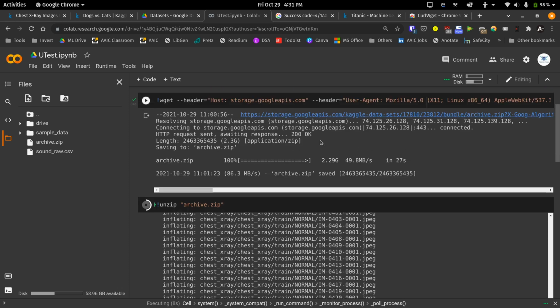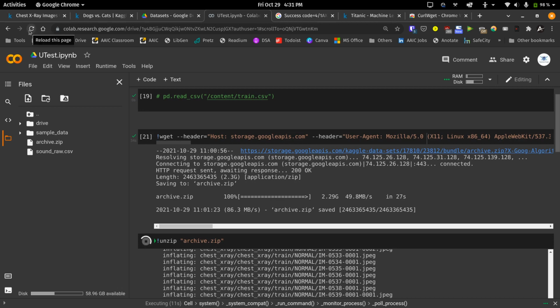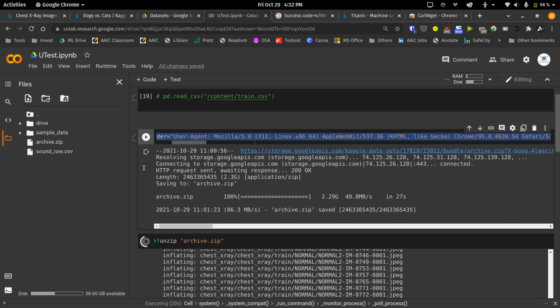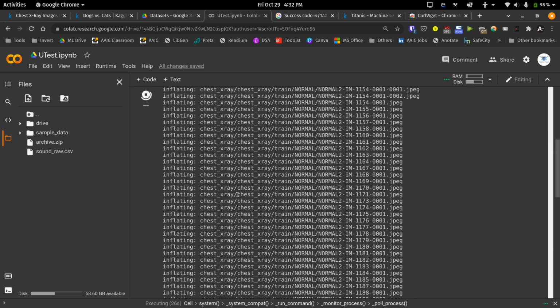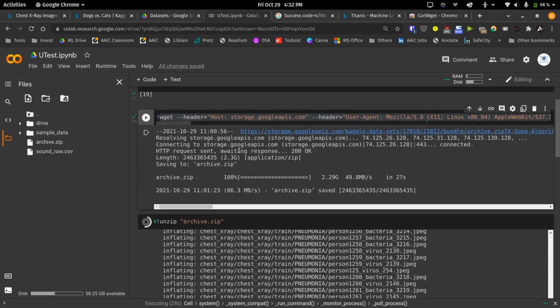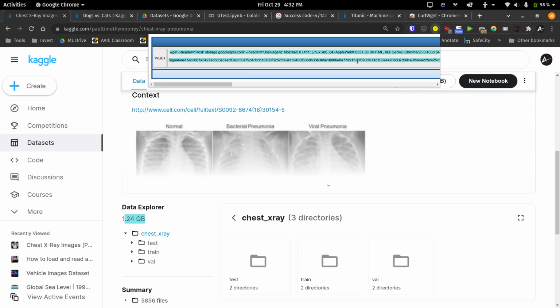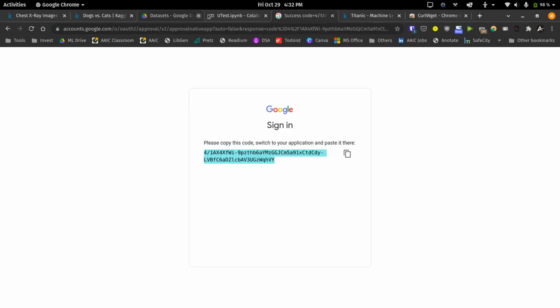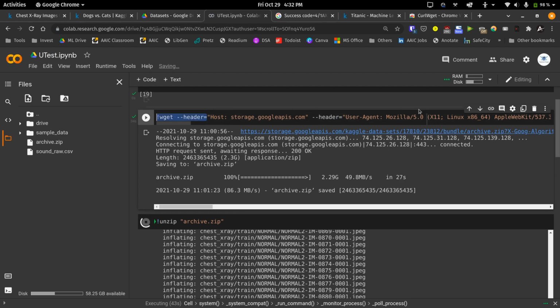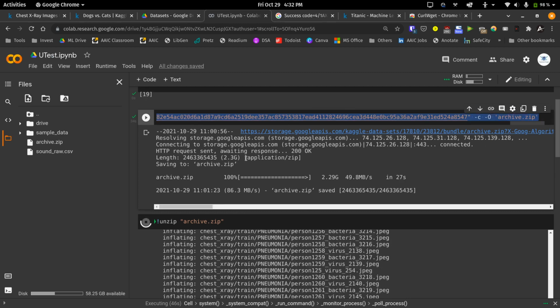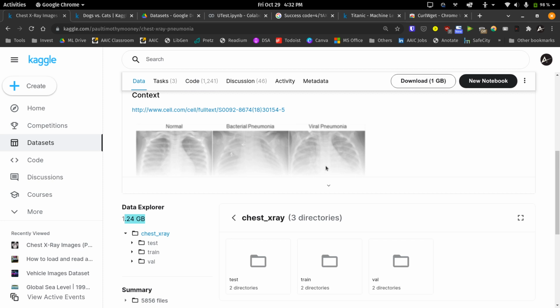So using this, instead of going for the Kaggle API or downloading this and putting it into a drive and then going further, you can just do this. You need to get the wget call which is made, and then you just run it in Colab. That should work fine. It will take some time because it's 2 GB of extraction. The only issue with this is you need to get the proper wget call made first, and second, this call I think expires after an hour or so. So if you come and use this same thing tomorrow, it would give you an error like could not find the path. In that case, you would need to go to the same site and download again.